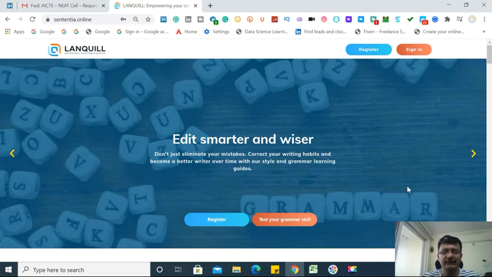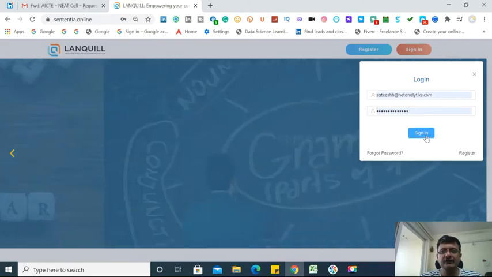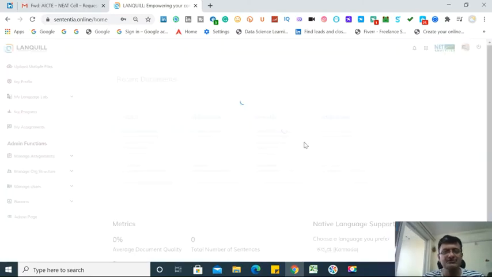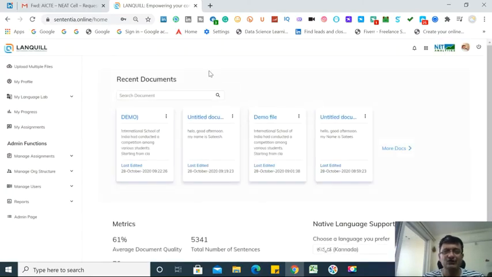Langquill is an online language lab. Langquill also has an AI supported English grammar and text analysis tool. With the help of login ID and password, let us log in and look into the details of various features of Langquill. So today we are going to have only a glimpse of the platform and let us understand how these features will be useful for you. However, for a detailed walkthrough of the platform, kindly contact us.